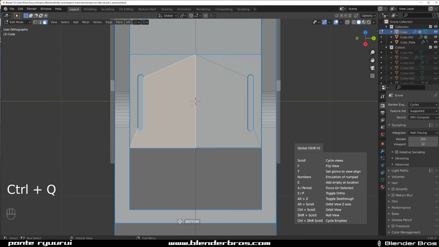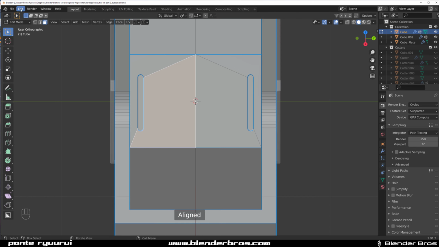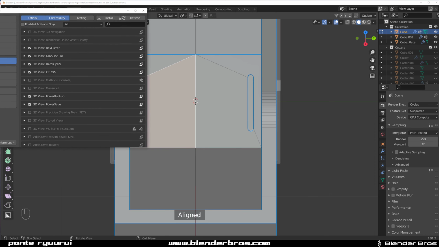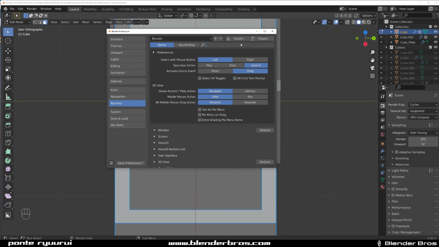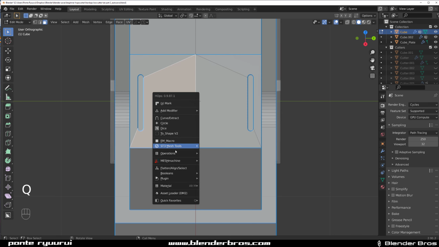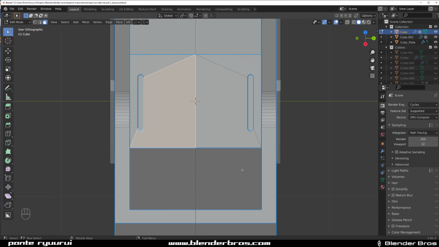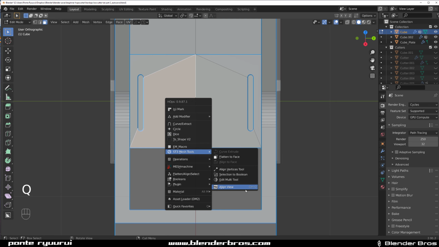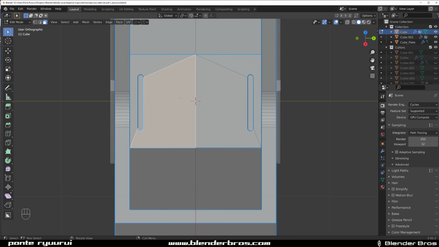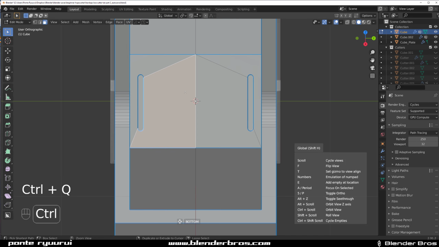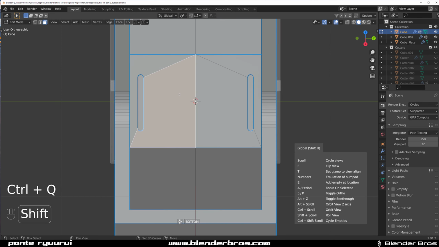And if this doesn't work for you, which is my custom shortcut, you need to go to Edit, Preferences, and under Key Map, type here Quit and remove the Quit Blender shortcut, and then go to Q menu, and under ST3 Mesh Tools, right click on the Align tool, and here add a shortcut, Control Q. This will allow you to align to the view and perform interesting maneuvers with holding Control Alt and Shift and